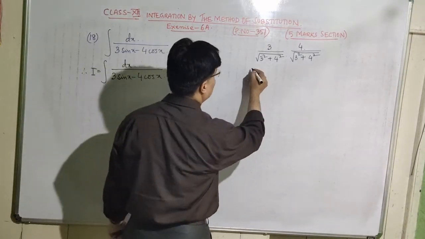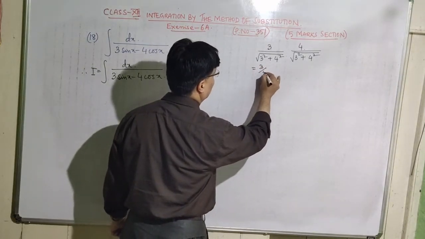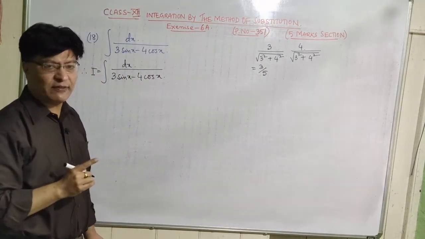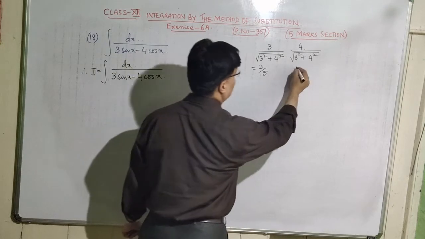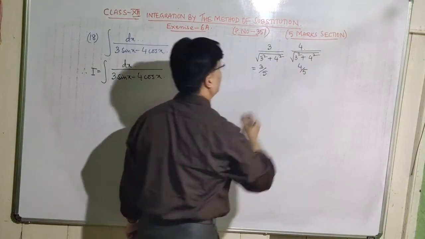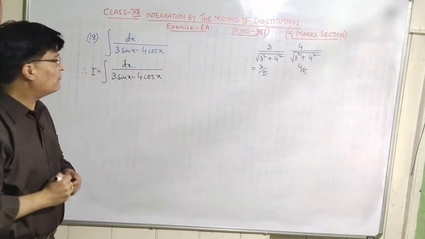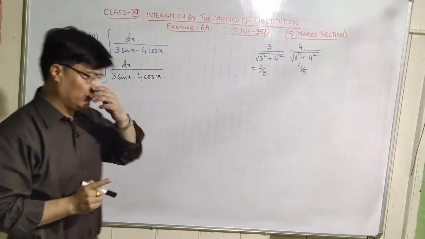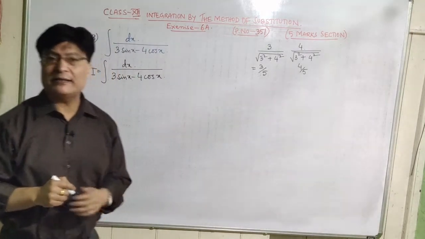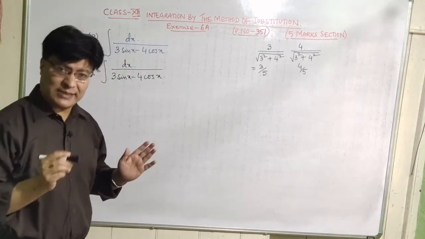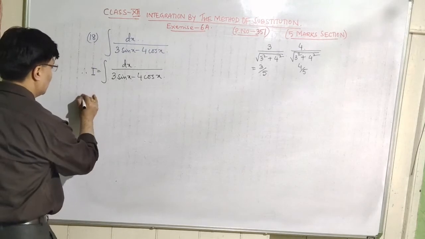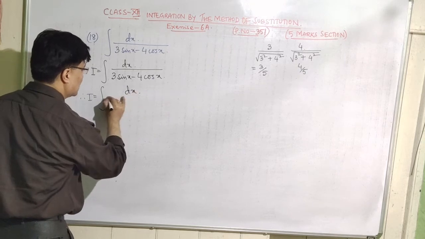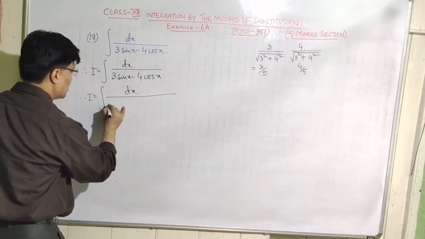Okay, and that means which is equal to 3 by, this will be 5, isn't it? Root over 9 plus 16. 9 plus 16 is 25. So square root of 25 is 5. So it is also 4 by 5. That means you have to multiply and divide the denominator by 5. Is that clear? So now, therefore, I is equal to integral dx divided by,